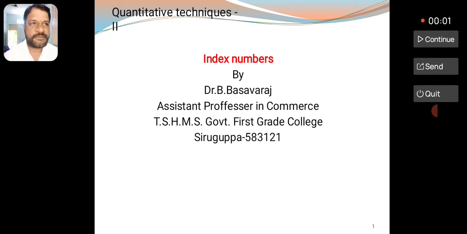Quantitative techniques we have studied in third semester become the fundamentals of quantitative techniques: the definition, meaning, and functions of quantitative techniques, and the uses of the quantitative techniques, collection of data, the different methods of collection of data, the measures of central tendency, measures of